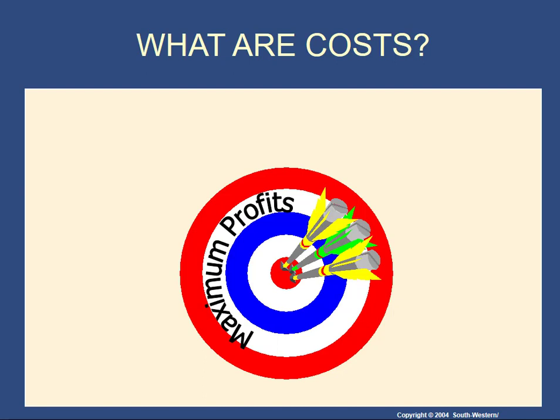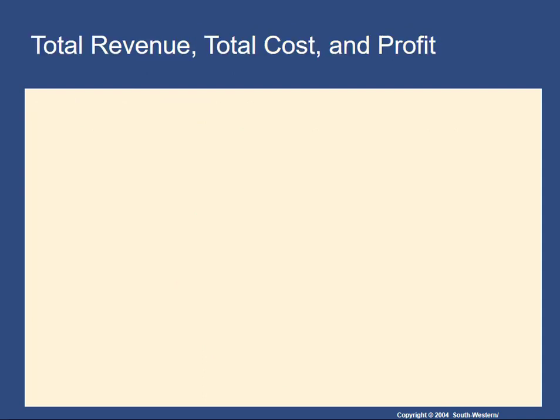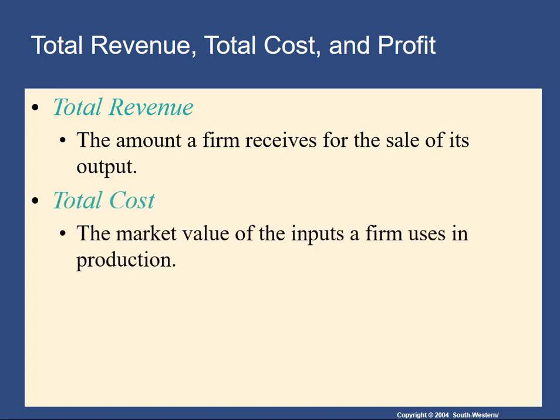And first we start with the objective of all businesses. From an economic standpoint, we assume that all businesses are solely in business to maximize their profits. So we have to go ahead and define profits precisely to begin to analyze their decisions. So we start with total revenue. That's the amount of money that a business brings in from the sale of its goods. And they also have to consider what their costs of production are. So we consider their total costs.